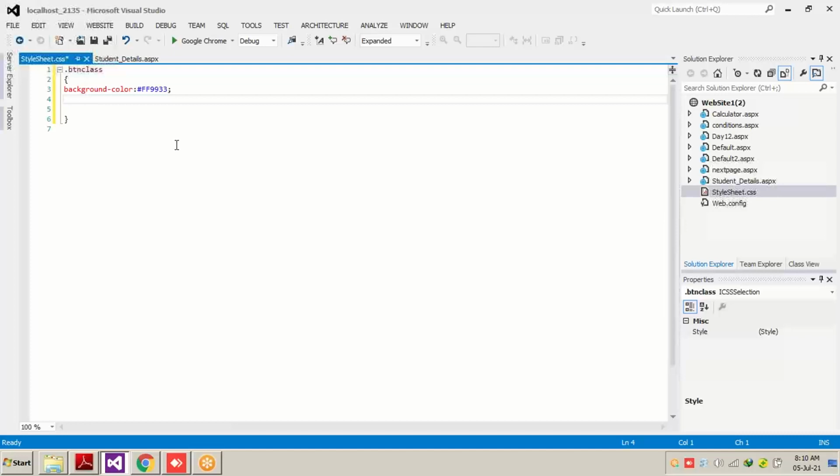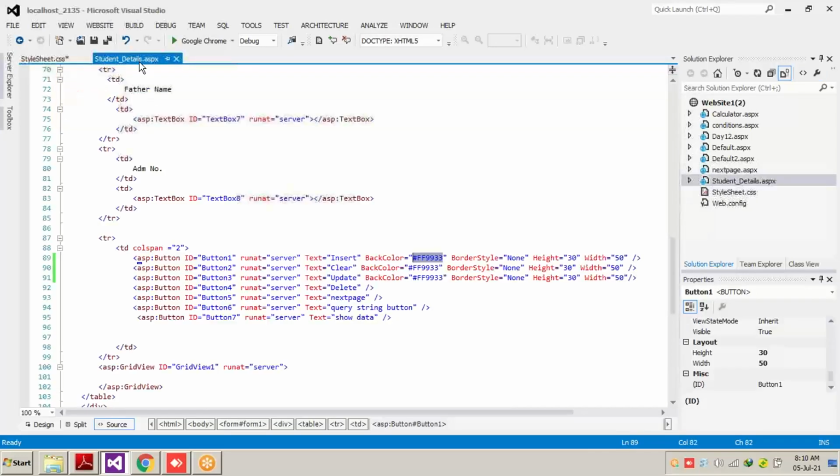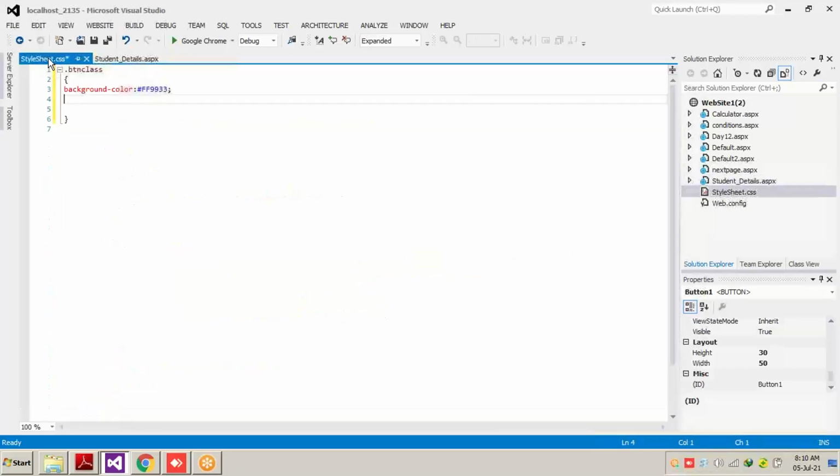Now the background color is this. In whatever control we use this class, btn class, the background of that control is going to be changed to the background color I have mentioned here. Now the second thing is border style is none.